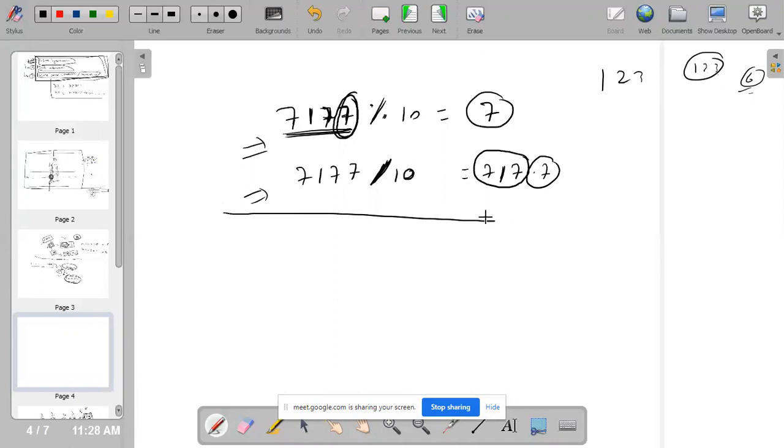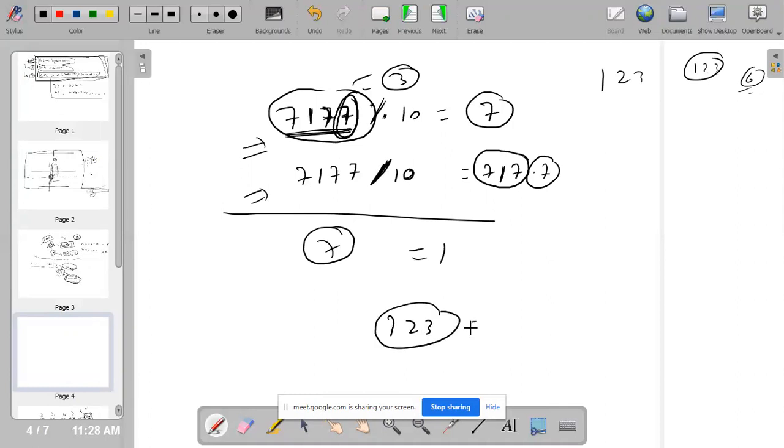The problem says you need to get how many 7s there are. In this particular case, there are 3 sevens. If I have only 7, then I have 1. If we have 123, how many 7s are there? 0. And if we have 0, then I have 0 sevens. You don't need to use a loop here.